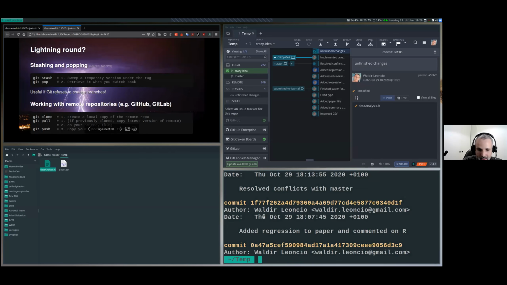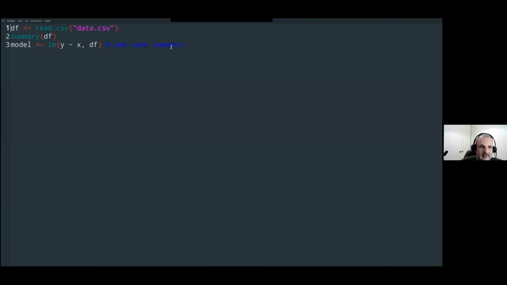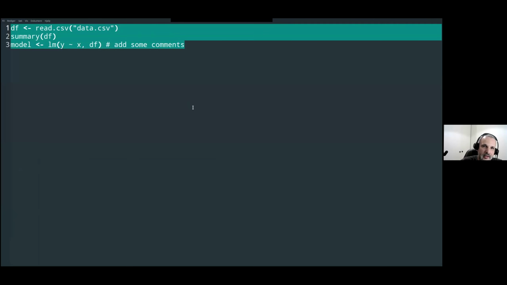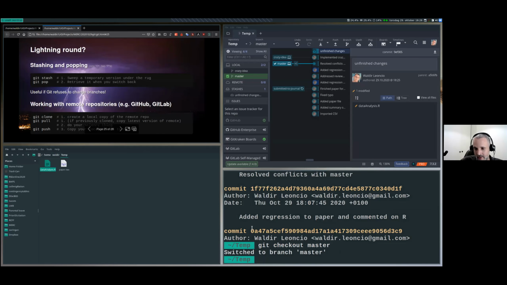And now we can check out with git checkout master. Third time's the charm. So we check out master, we go to our data analysis, we see it's very clean. It's the way it was. We show whatever we need to show to our colleague, or we do changes and we commit and whatever. And then when we come back to our crazy idea,